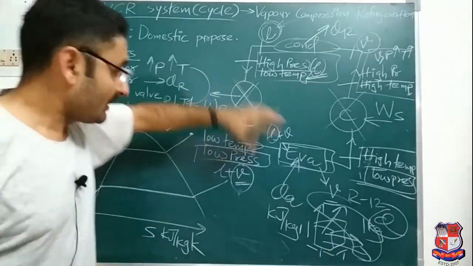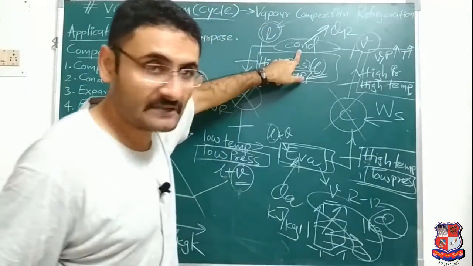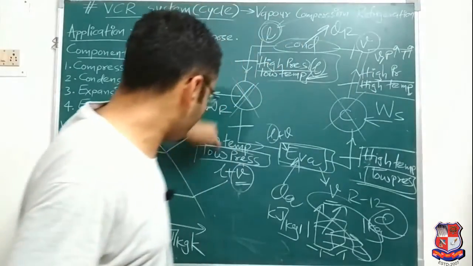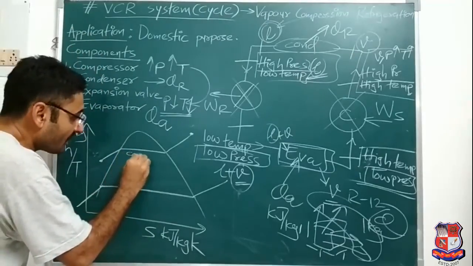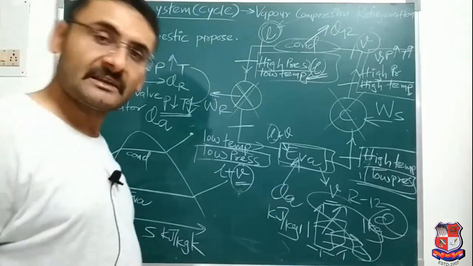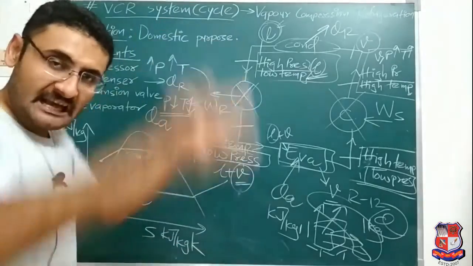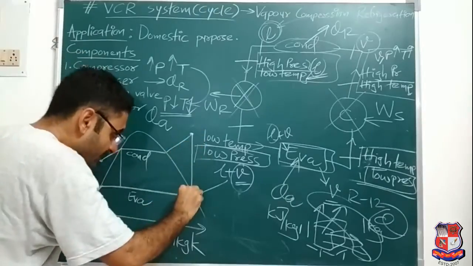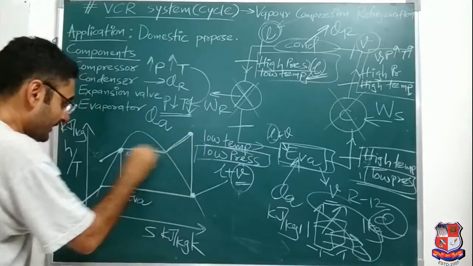Okay. Now among those two devices, in which device will pressure be high? But obviously, in the condenser pressure will be high. Why? Because the compressor will increase the pressure. High pressure is entering over here and over here low pressure is entering. So the first constant pressure line I have drawn is for the condenser, and the last constant pressure line, whose temperature is very low, is for the evaporator. Okay. After that we will connect both lines with the help of vertical lines. How will we connect? First line I will connect like this and last line I will connect like this. Okay. So our diagram will be which one? That will be your diagram.